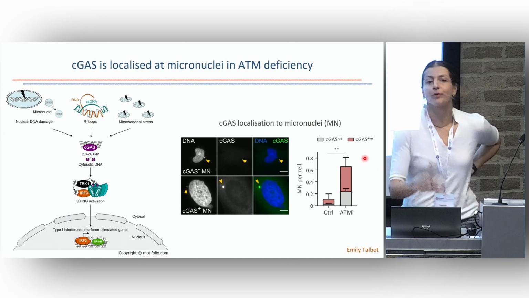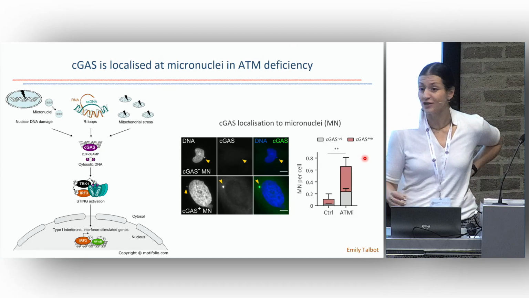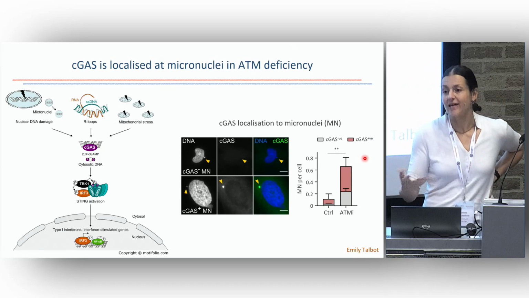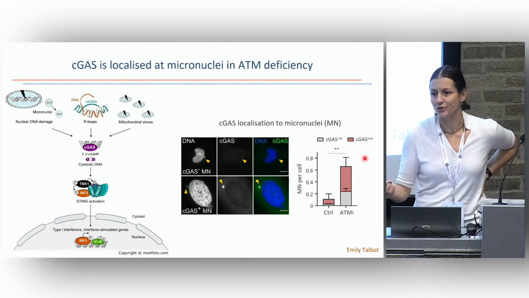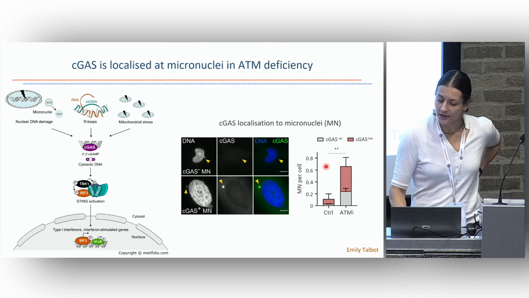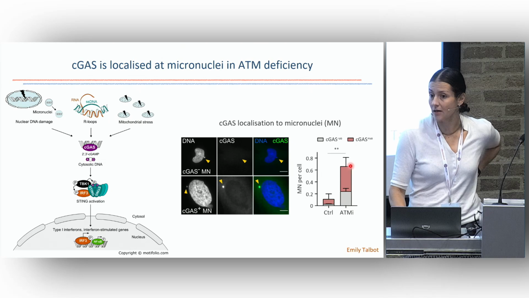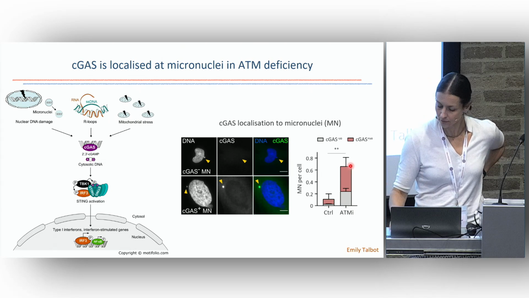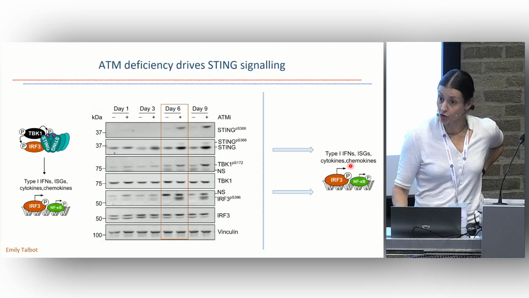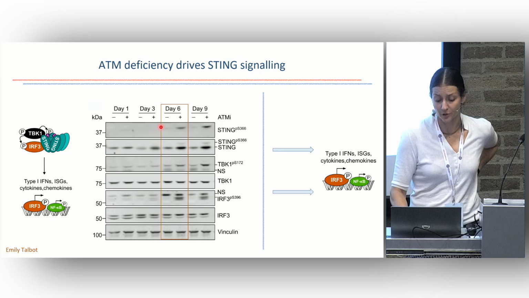And here you're looking at a micronucleus that is cGAS positive. Now, the number of micronuclei increases in the absence of ATM, and this would be true for many genome instability disorders, so long as we have proliferating cells. And within this micronuclei subset, some of them are cGAS positive. Now, this drives the downstream type 1 interferon response, and again, I'm just giving you a couple of examples that